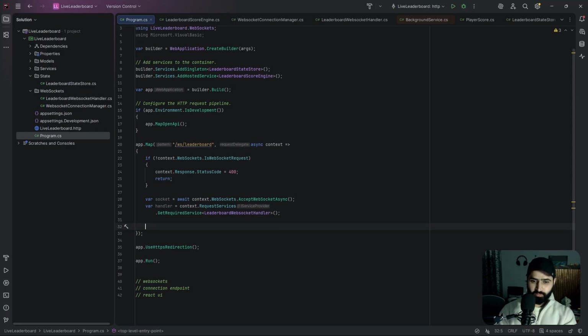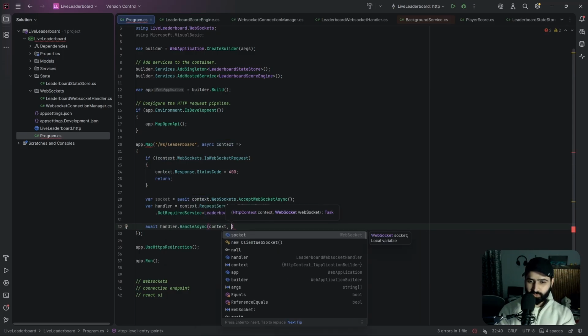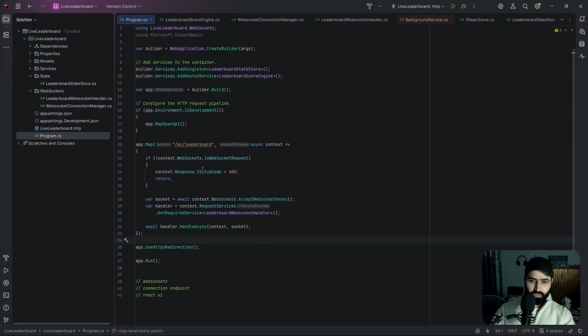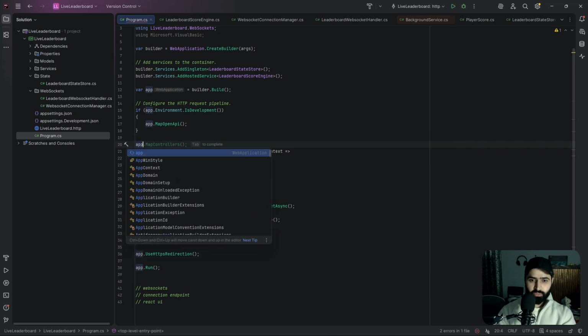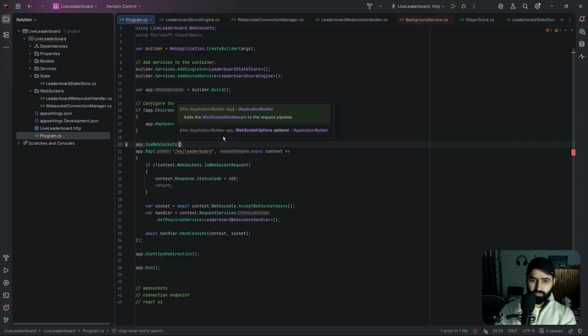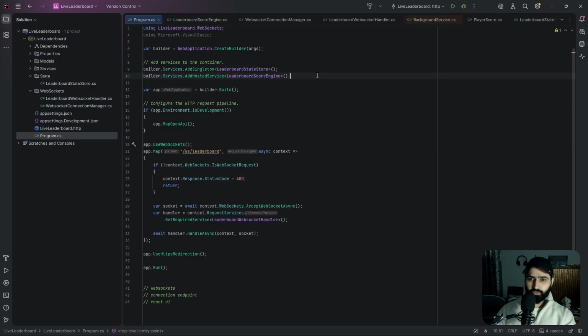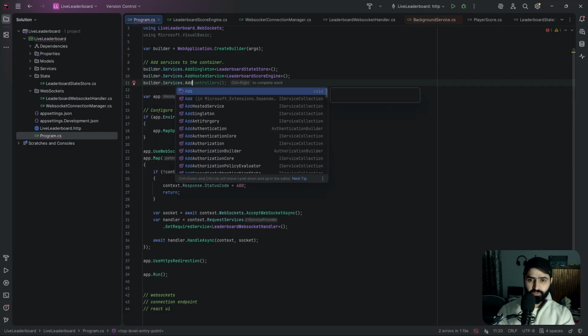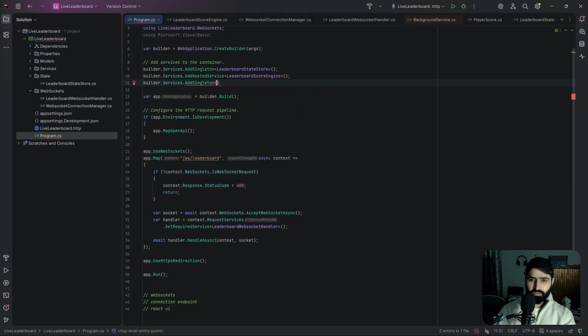और यहाँ पे अब हम करेंगे सिंपल अवेट, और यहाँ पे हमारे पास हैंडल सिंक है, ये लेता है मेरा कंटेक्स्ट, और दूसरा मैंने सॉकेट बना लिया, परफेक्ट। अब मेरे को यहाँ पे सबसे पहले डिफाइन करना है कि आप यूज़ करो वेब सॉकेट्स को। अरे मैंने शायद इनको वेब सॉकेट्स के जो मेरे हैंडलर और कनेक्शन है इनको भी यहाँ पे ऐड नहीं किया है, तो मैं यहाँ कर लेता हूँ फटाफट। इन सबको मैं एज ए सिंगलटन ऐड करूँगा।